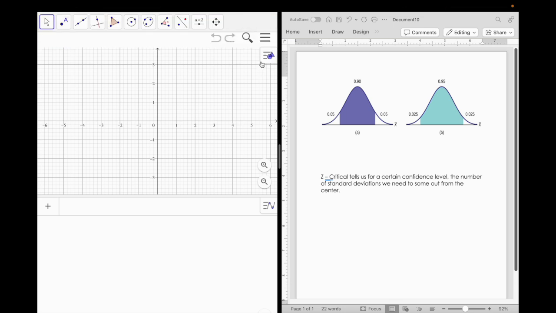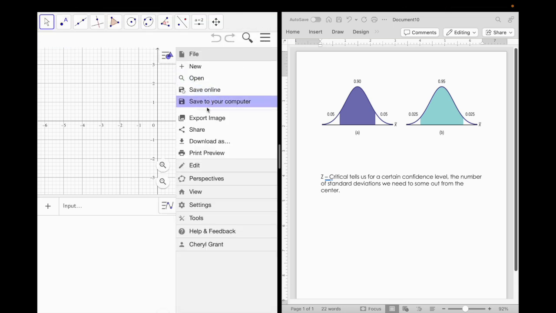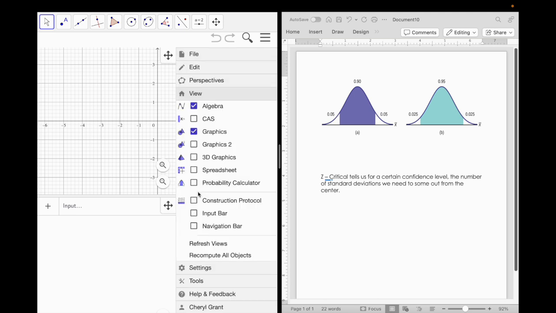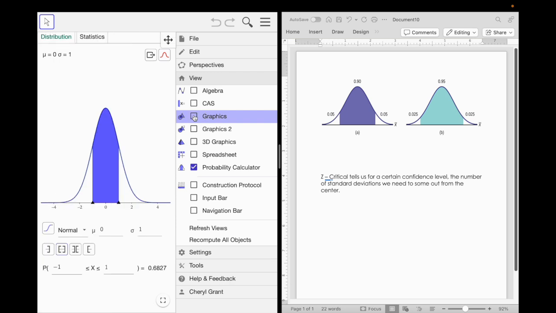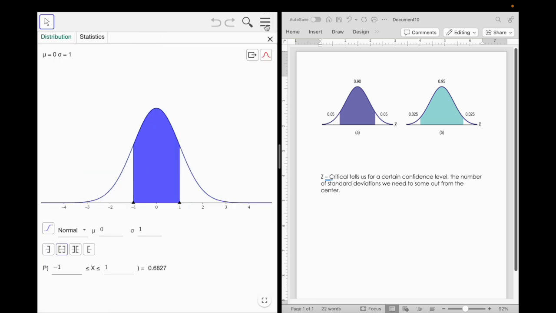So let's go and view our probability calculator. I'm going to remove my algebra and graphics since we don't need that. All right, we want to be on the normal distribution. And since we're doing a standardized curve, working with our Z's, our mean and standard deviation should be 0 and 1. Whenever you're dealing with Z's, you want to make sure that the mean is 0 and the standard deviation